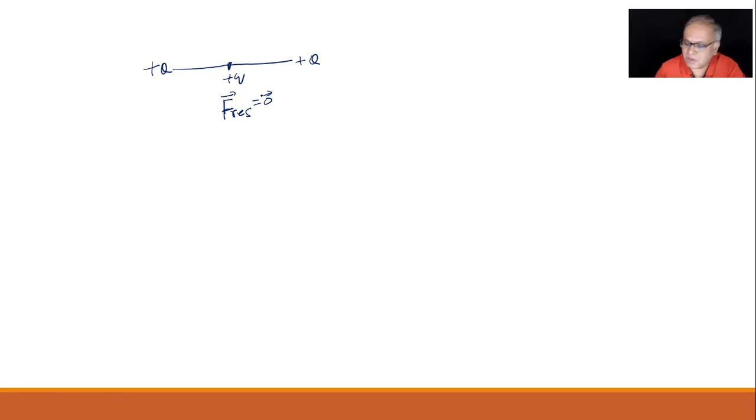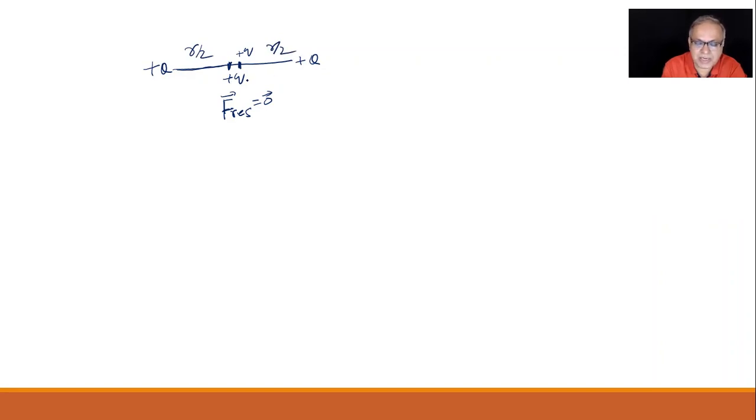Now, to know whether it is an equilibrium or stable equilibrium or not, first I'll give you the physical meaning of stable equilibrium. Just move this a little sideways, a small distance. If it goes back to the original position, it is called stable equilibrium. At this moment, at r by 2 from here and at r by 2 from here, the force was 0 because the forces were equal and opposite.